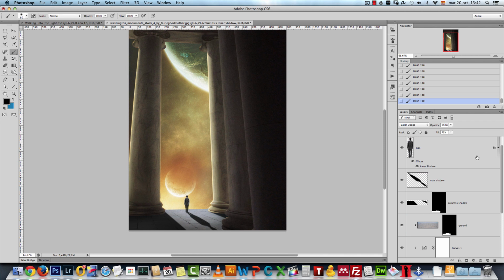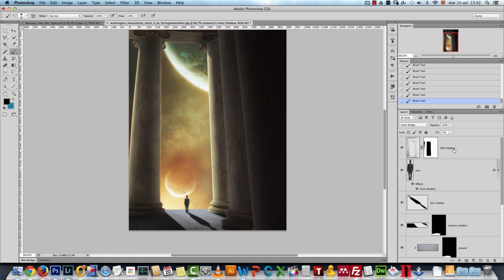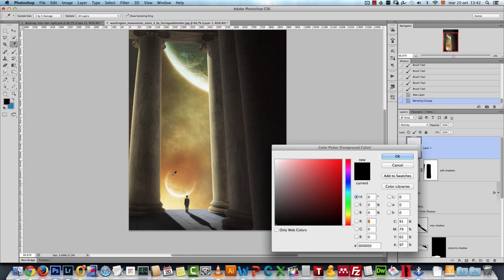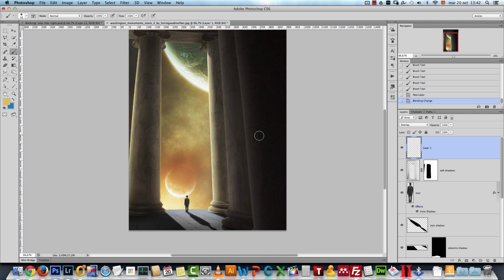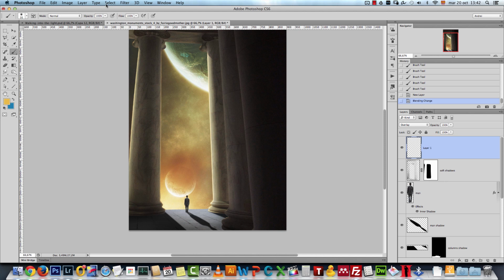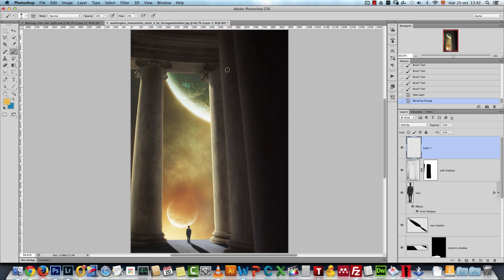So now that we have that, I want to add a few more lights here on these 2 columns. So what I'll do is create a new layer and change the blend mode to, let's say, you can try overlay or color dodge. Let's try overlay and see how that works. I'll sample the color and then change it, something like that, and let's see how that looks. It's too strong. Well, actually, let's decrease the opacity of the brush to 20 and 20 and use that